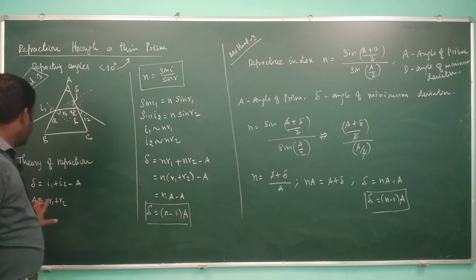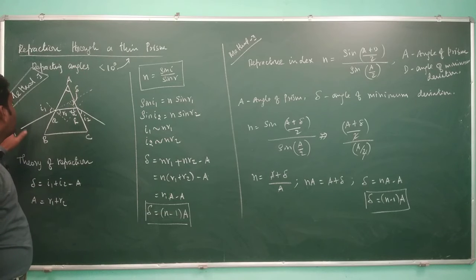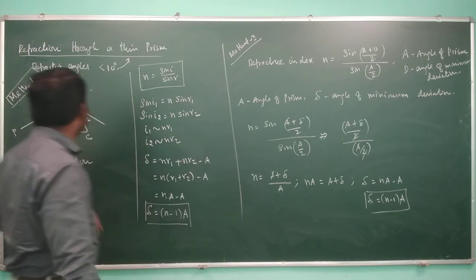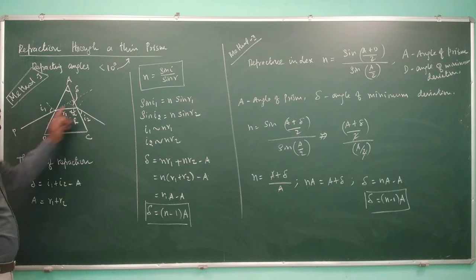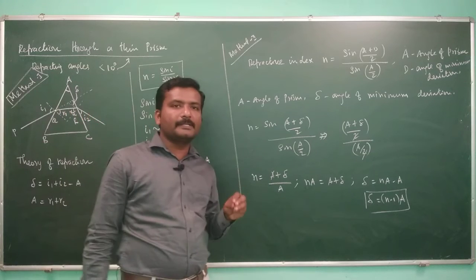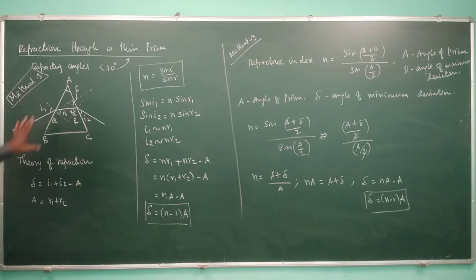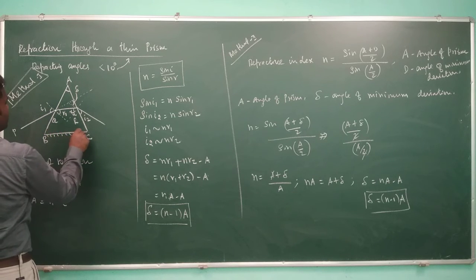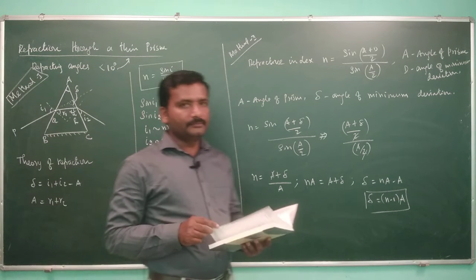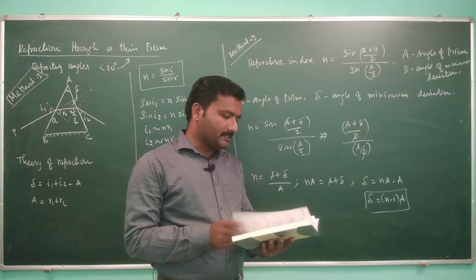So in this way you can define refraction through a thin prism, and you can find the angle of deviation. What is angle of deviation? That is the angle between the incident ray and the deviated ray after refraction within the prism. What is a prism? A prism is a glass system which has three faces, in which one face is roughened and two faces are polished. The light ray can pass through these two faces. After getting refracted, the incident ray will travel in a new direction.